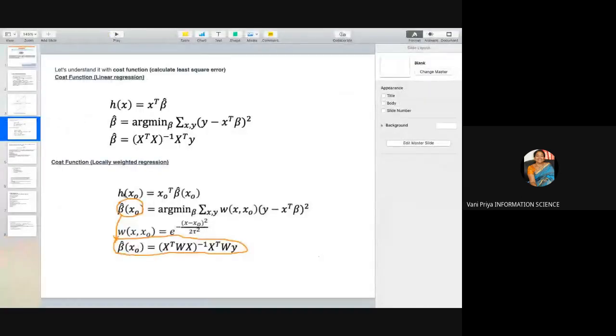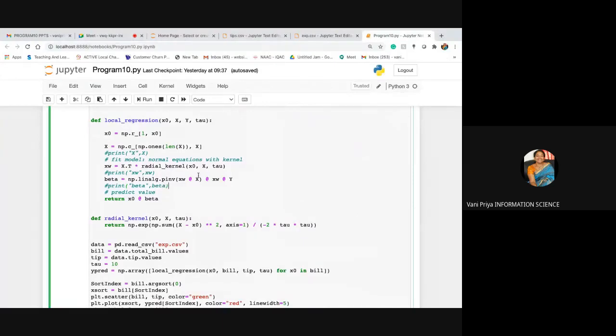Actually we are going to find the cost function like this, which is used for the radial kernel. We will be finding this formula, this value, and the total here, this into this. This is the beta value we are finding by using this formula. The at the rate symbol is nothing but direct matrix multiplication.